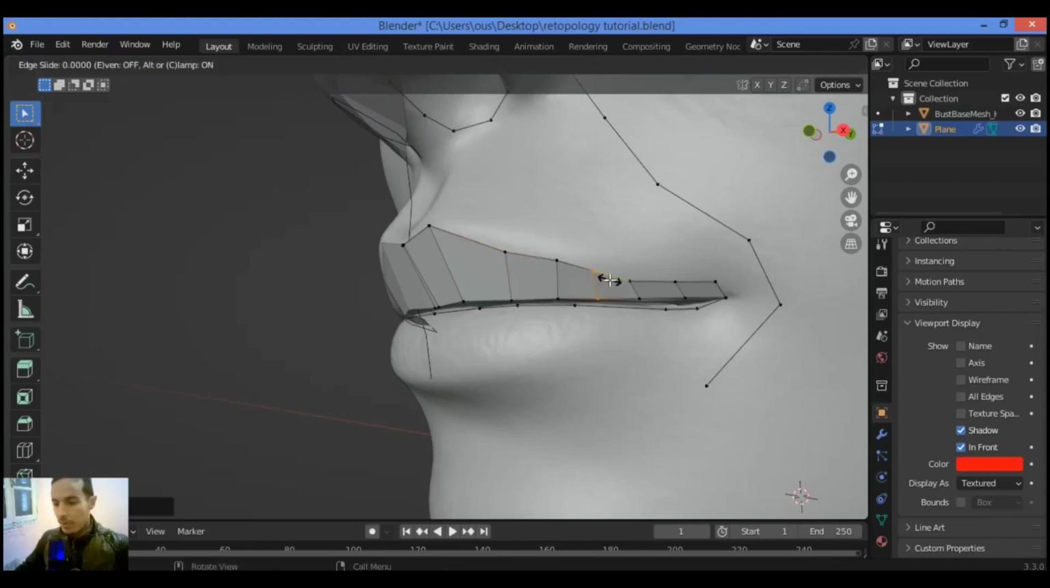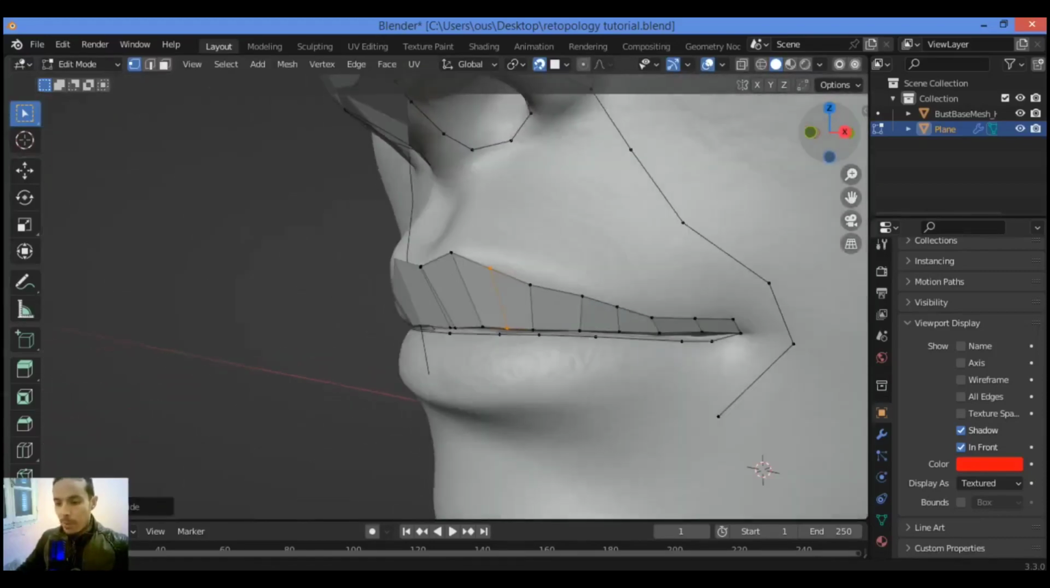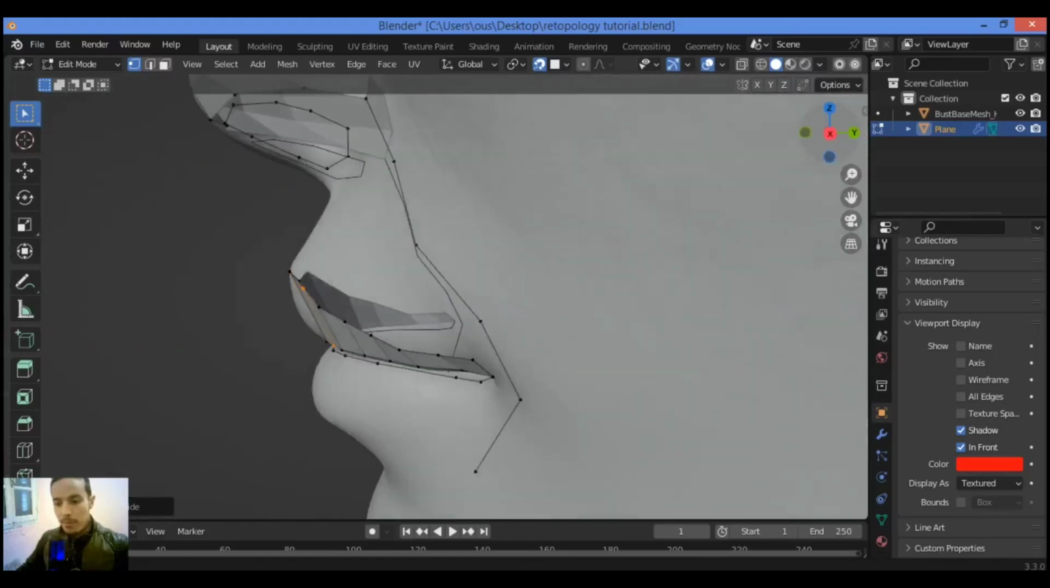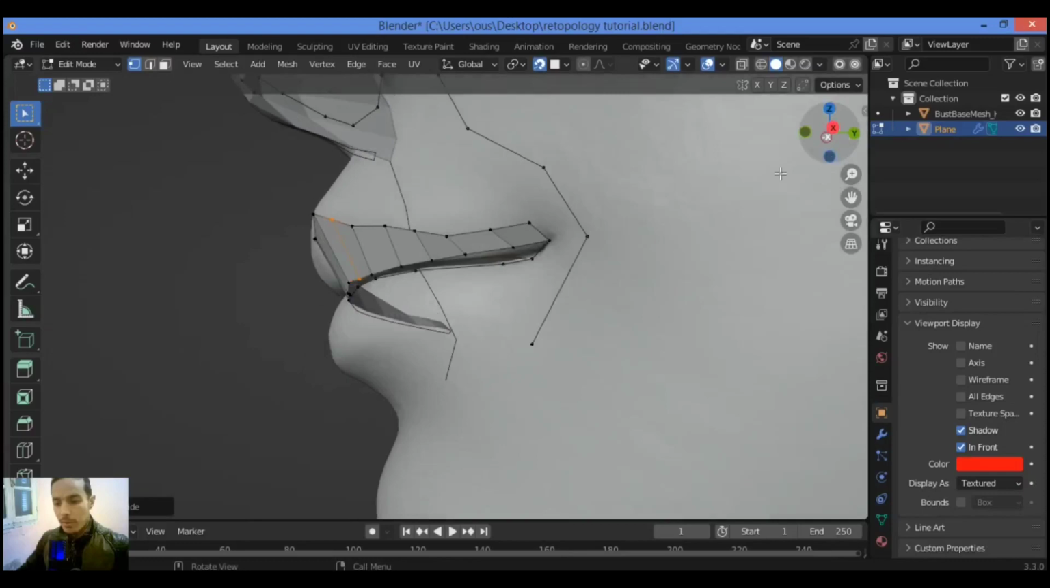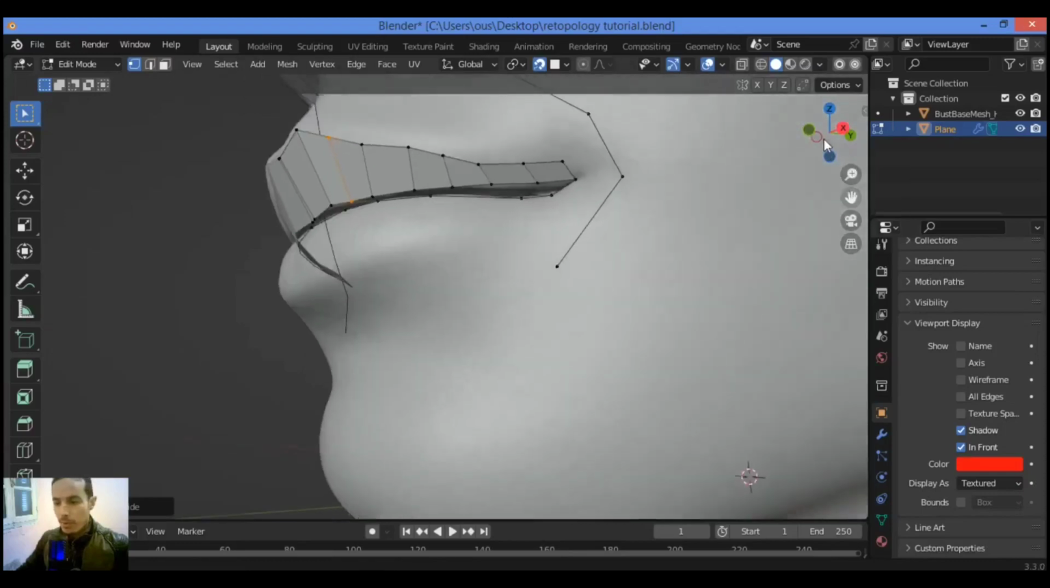Ctrl R, let's add much more topology. Ctrl R to add. So let's rotate it to see what we have created. I think it's fine. So we want to play around with some vertices. So let's move on to the next section of the